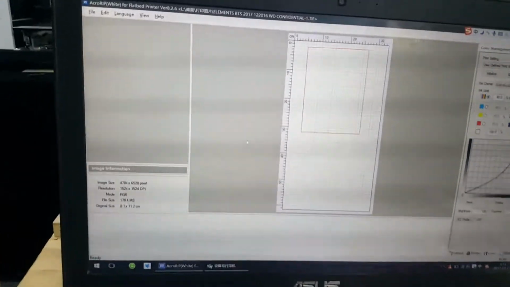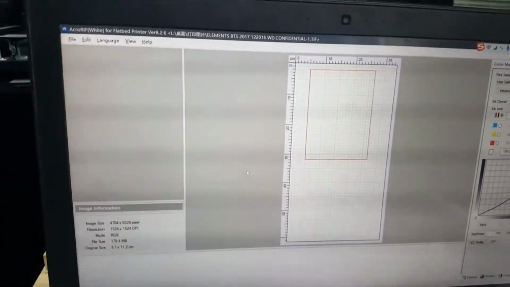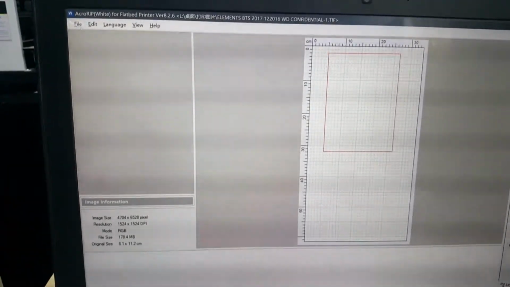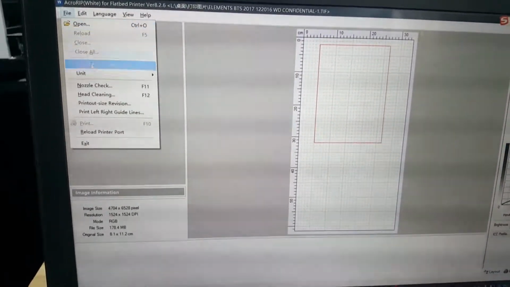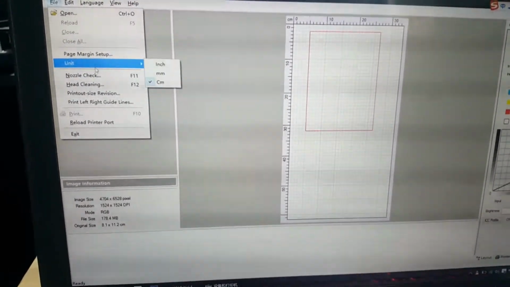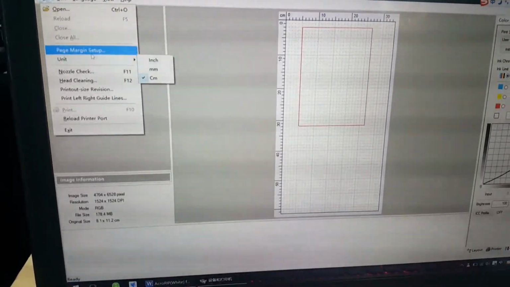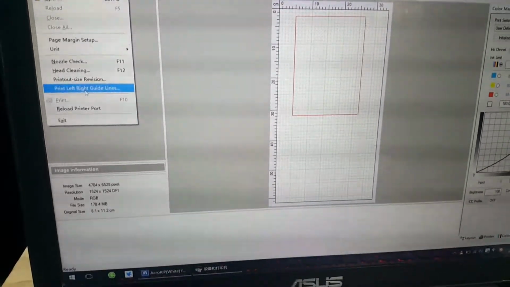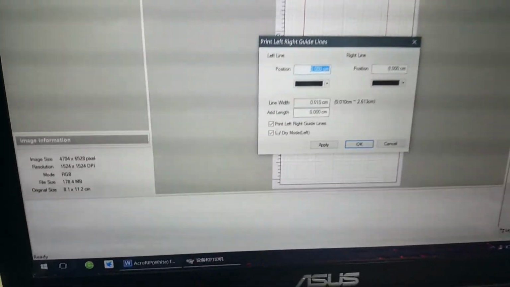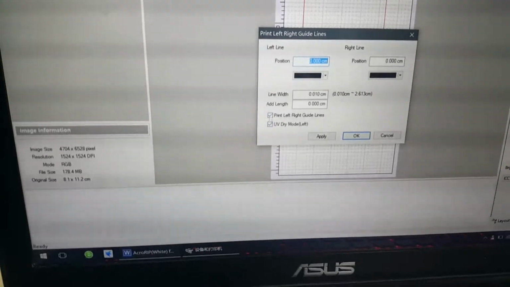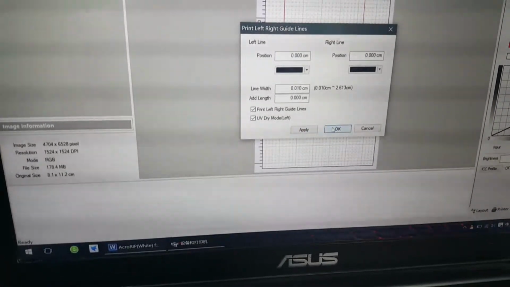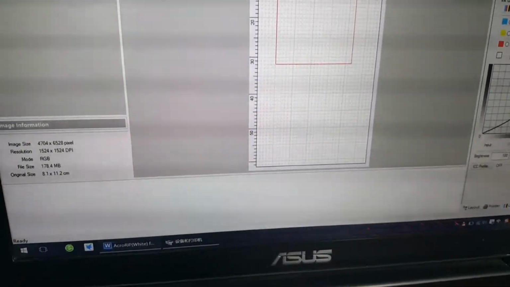Okay, now I'll teach you how to print from the RIP software. Before we print, we need to set the RIP software. We need to go to the file, and first unit we can set by centimeter, and we go to print left right guidelines. We must click on both of these, click on and apply, OK, and then we go to,